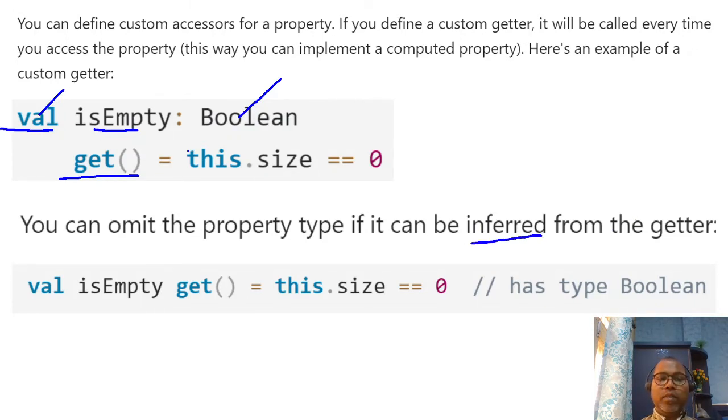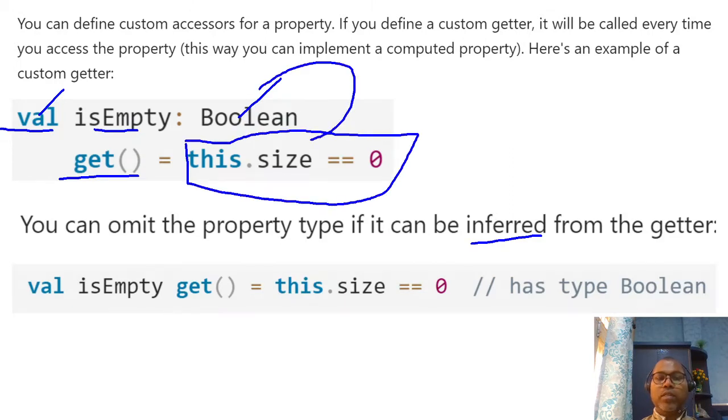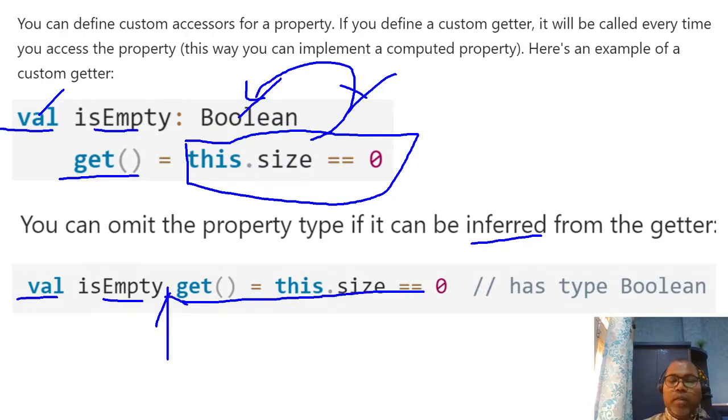With the help of this logic, it returns a boolean value, so you can omit the type. You can simply write the property isEmpty and your getter method, without providing any data type. The data type of this variable is automatically inferred by the Kotlin compiler.